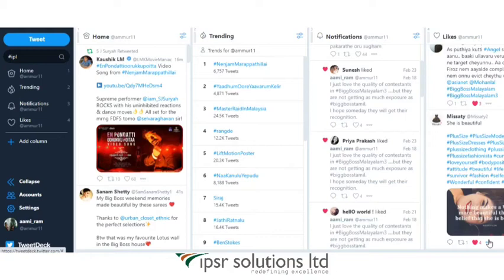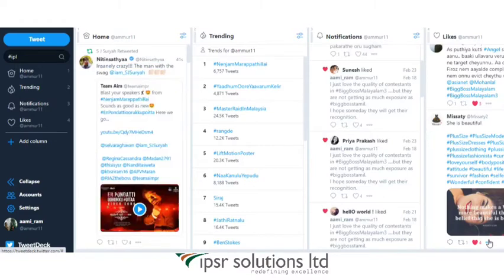Hello everyone. Today I am going to introduce a new social media marketing tool called Tweetdeck. If you are looking for a way to manage multiple Twitter accounts, then Tweetdeck is a tool to consider. Tweetdeck is a highly specialized service that offers Twitter users a comprehensive and completely free way to manage multiple